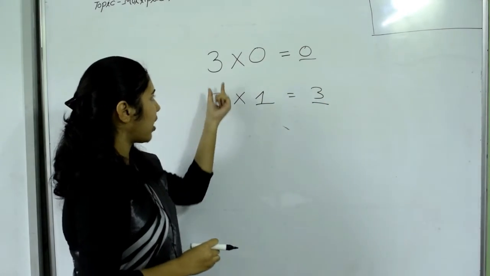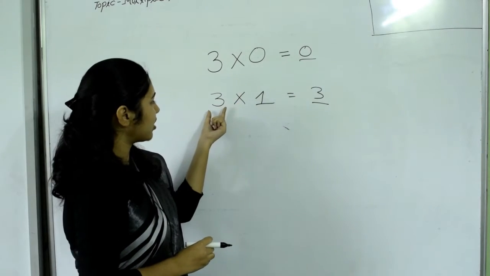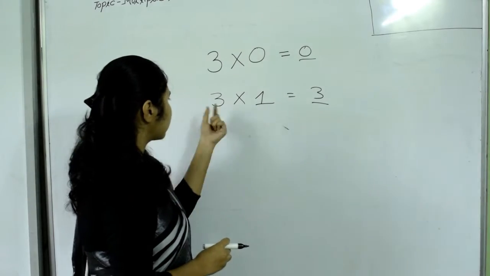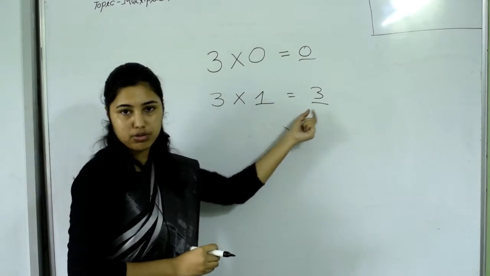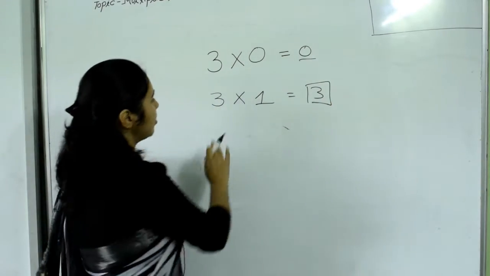So if we multiply 3 with 0, we will get 0. And if we multiply 3, 4, 5, whatever you want, so 3 into 1 is equal to the number itself. Okay? So now,